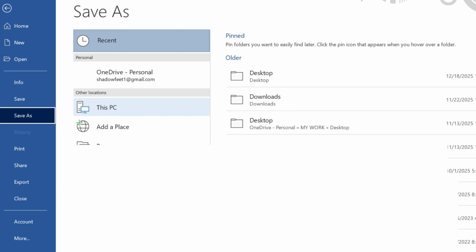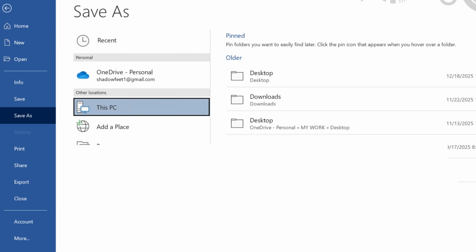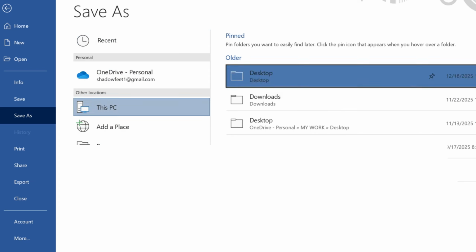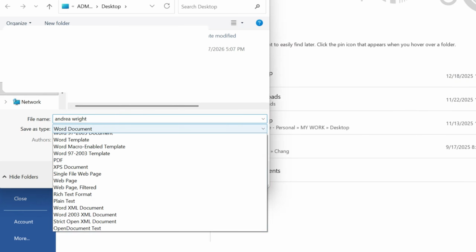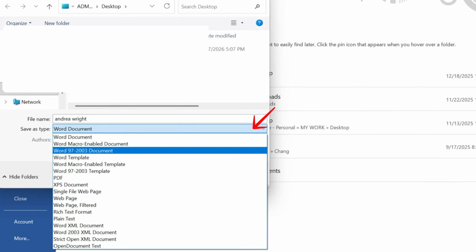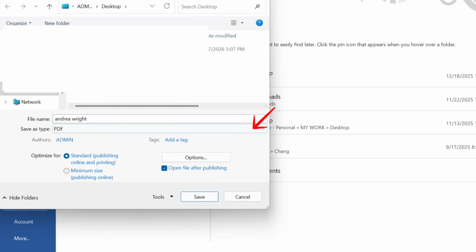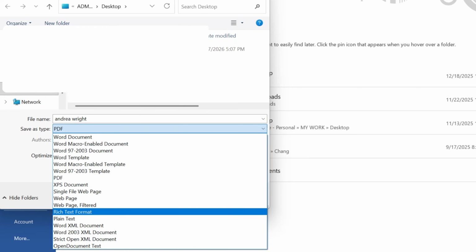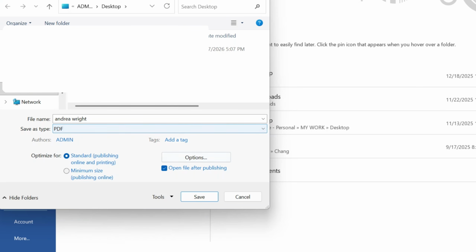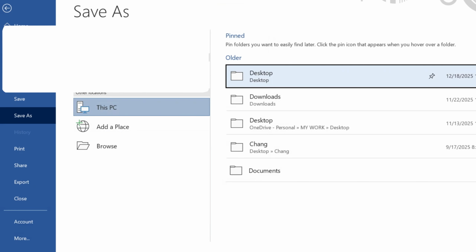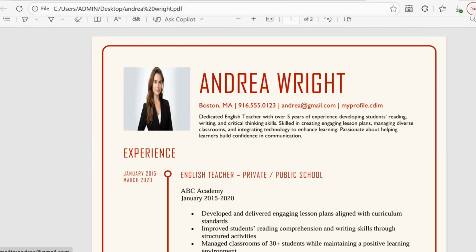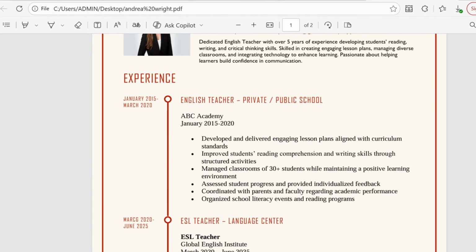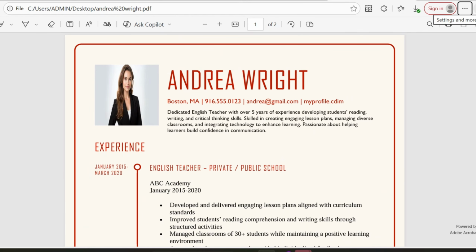Just open your Word, look for new, and then select a specific template. Now save as PDF as much as possible so that it would be easier for you to upload this to any website. So here it is. You can see PDF, tap on save. Once saved, it will just pop up automatically. And as a result, this is what it looks like for the professional modern resume